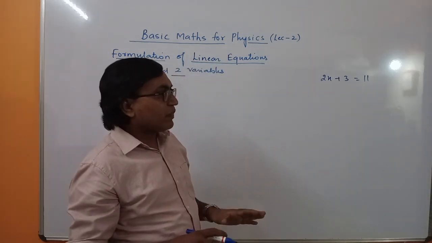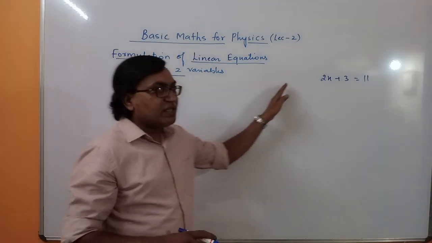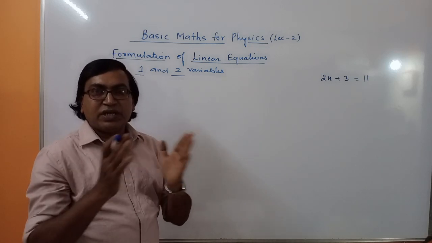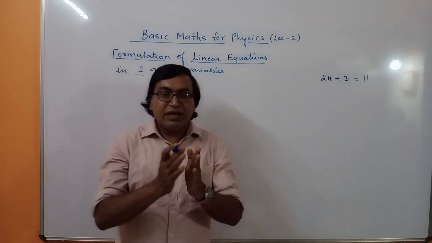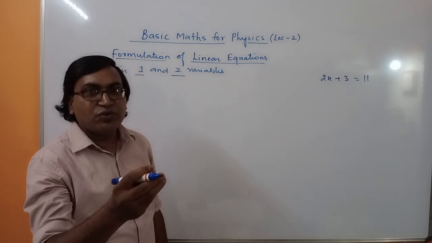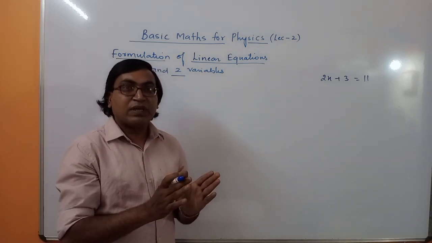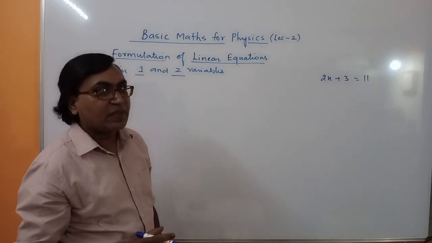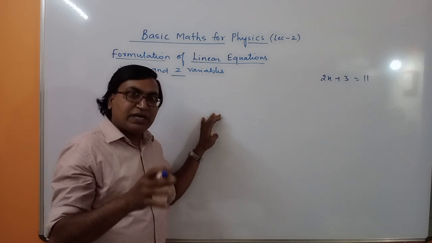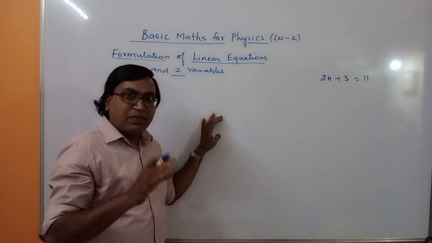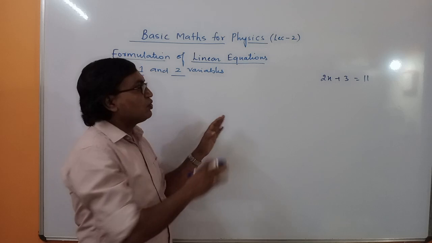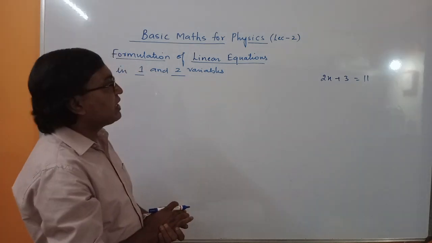Now what is new here? Here the equation is not given to you. In most cases in physics, the equation is not given to you. What is given then? A physical situation is given to you. So when a particular physical situation is given, you should be able to formulate that into a mathematical equation. In lower classes you have formulated some equations, but the importance given to that formulation was less. So again, we are just revising those things.